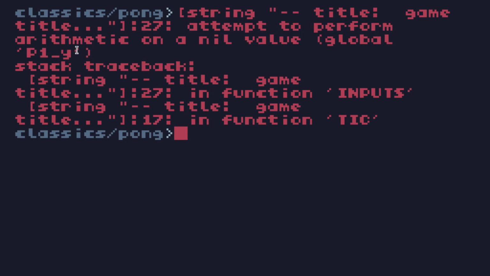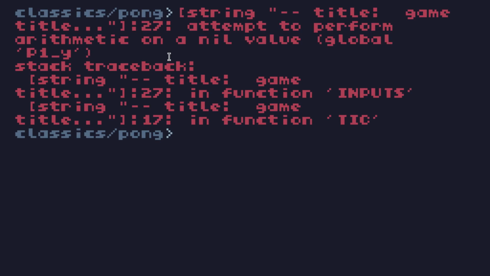Now we know that's a null value because we deleted where we give it a value. So it has no value, thus null. Then it gives you the stack trace. Now, the nice thing about the stack trace is when your bugs become more complicated, this will tell you what was the function that called this thing. Because at this point we know the problem was on line 27, so we can go find the line where